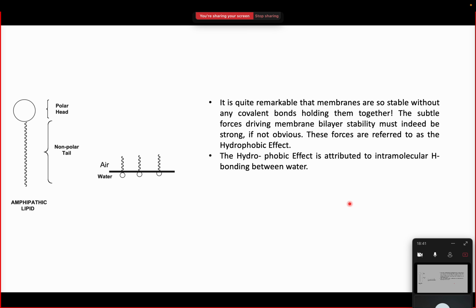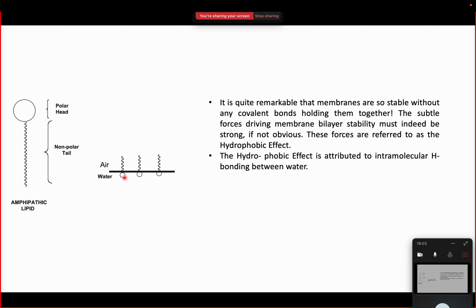What it states is that if we look at this amphipathic molecule here, the polar head is facing the water side, and the acyl chain or hydrocarbon chain is facing the non-water, non-polar side,